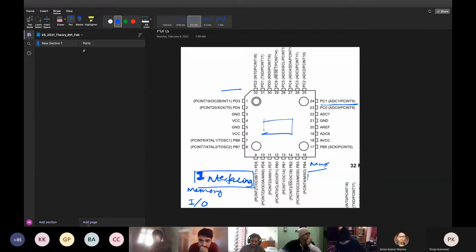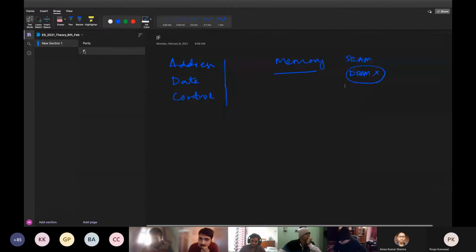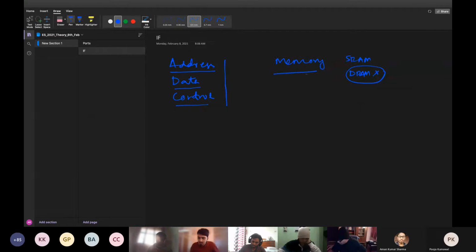Okay. So we are talking about the interface. Interface means the processor has to have addressing, then it has to exchange data and it has to control. For example, in memory, you had address, data, and control. Control was like read or write operation. Today we shall talk about ports. It could be a parallel port or there could be serial ports. So ports means you can connect devices.